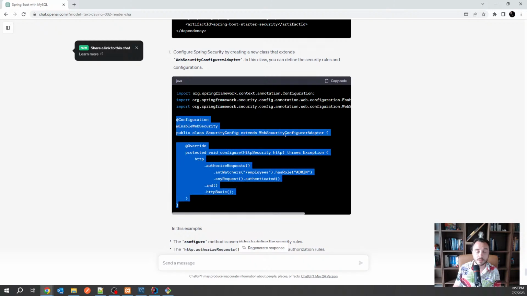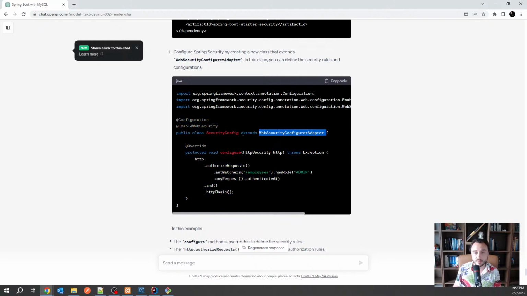some old piece of data. This one will not work anyway. The class WebSecurityConfigurerAdapter doesn't exist anymore in Spring Boot 3. So it's clear that we will have to deal with having older data that ChatGPT has been trained with. Maybe GPT-4 would have known, I don't know. So